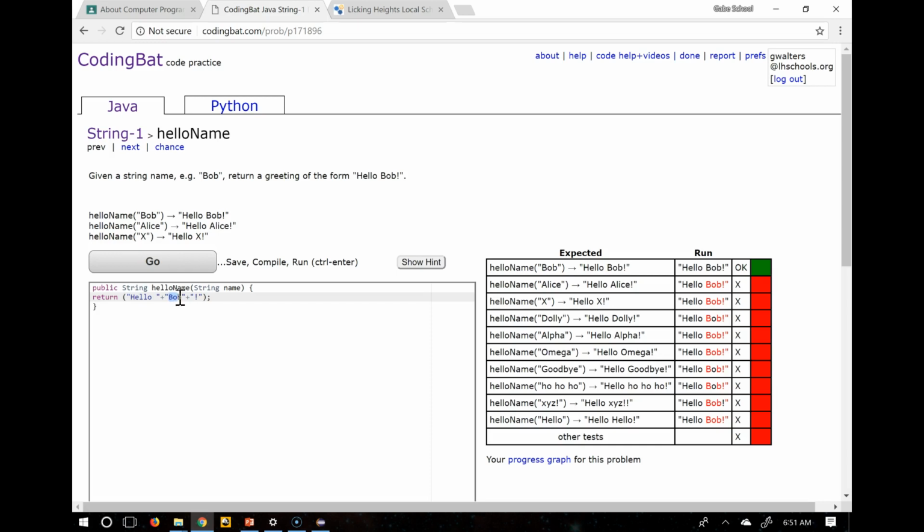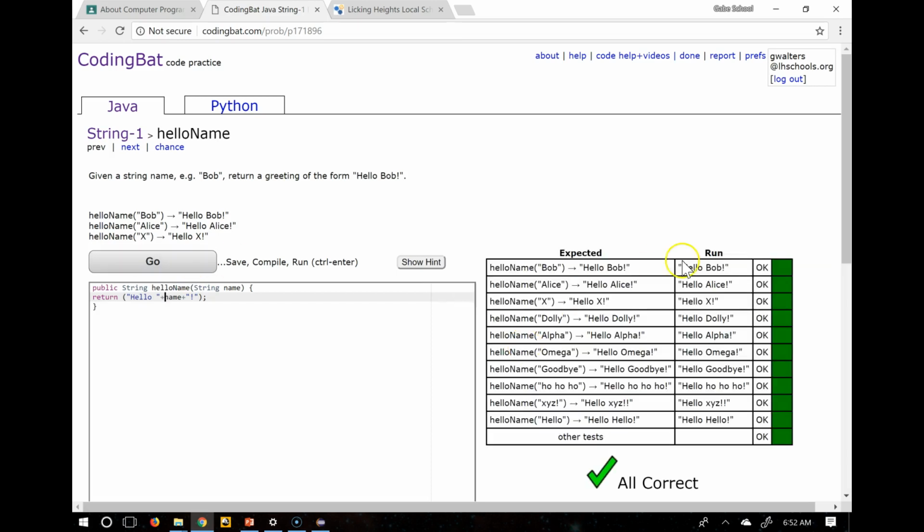So instead of saying Bob, I want to put in what they put in for that string. Now here, if they type Bob, Alice, or X for the method, it's actually going to be stored as name. And so I can use the word name as a keyword for my variable to be able to pull up whatever they typed in. So if I type name, but in this case, it's a variable, so I do not need the double quotes. And I could go ahead and hit go again. And now